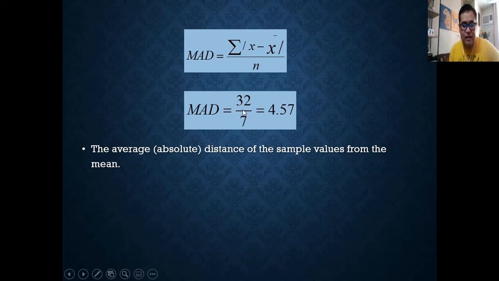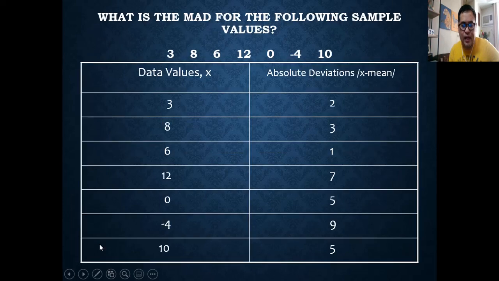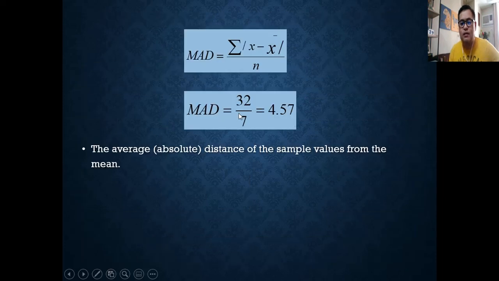And divided by 7, where did we get 7? Going back, we have 7 observations. So 1, 2, 3, 4, 5, 6, 7. So that's why divided by 7. So the average absolute value, or the absolute distance of the sample values from the mean, is 4.57. That is the mean absolute deviation. So I hope it's clear with you and you are getting across. So next,